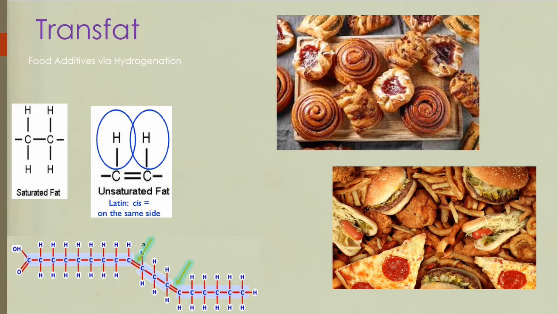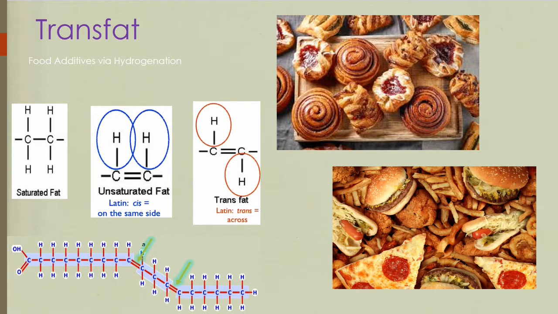And that makes a difference between saturated and unsaturated, from which the cis covalent bonding is said to be normal. However, the problem sets in if there will be a double bonding that is said to be trans fat